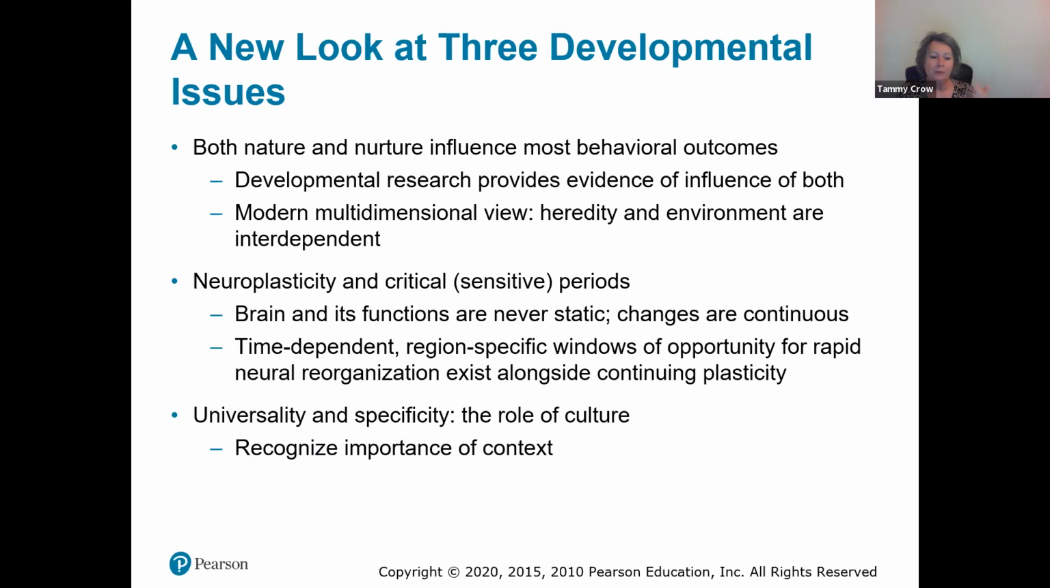So the modern multidimensional view believes that heredity and environment are interdependent, but now we have researchers who are trying to figure out how they work together, first of all, and to what degree each behavior or personality trait is influenced by each one. And I have to tell you that I have always been a great believer that nurture